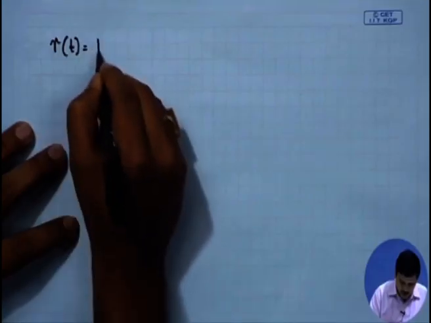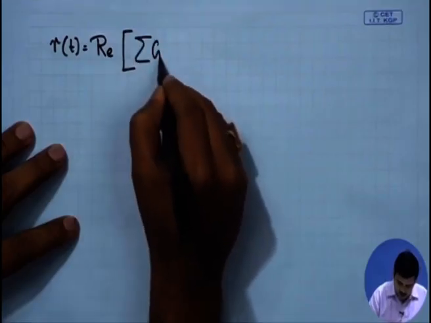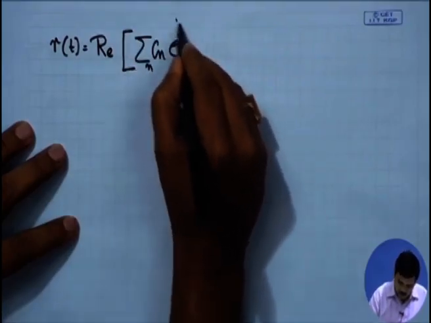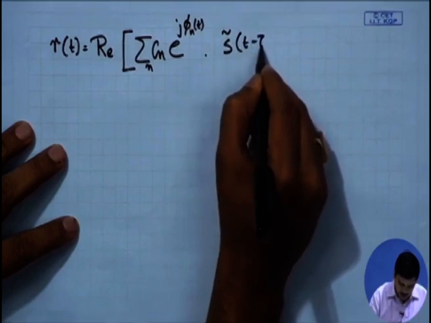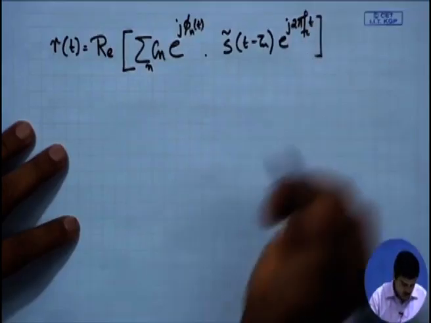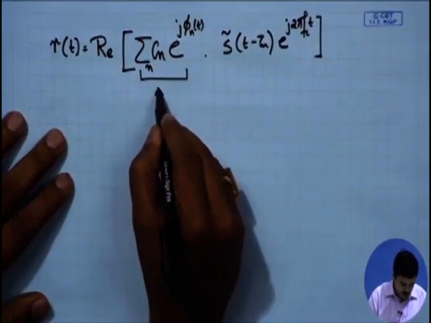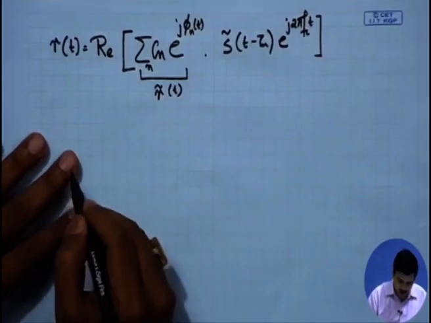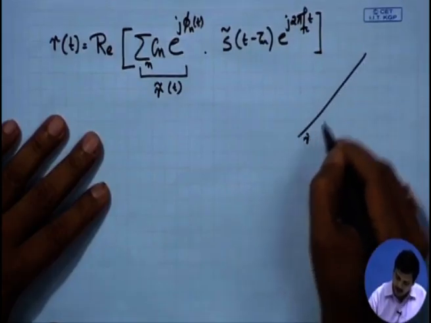The received signal that we have seen till now is represented as the real part of sum over C_n e to the power of j phi_n of t times s tilde of t minus tau_n, times e to the power of j 2 pi f_c t, and we have identified this part as r tilde of t. Now, in order to study flat fading,